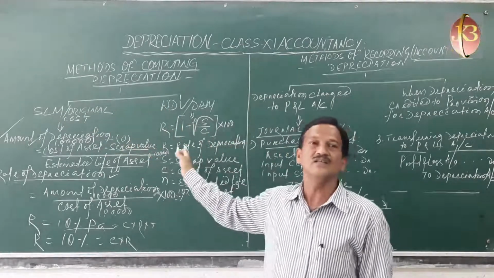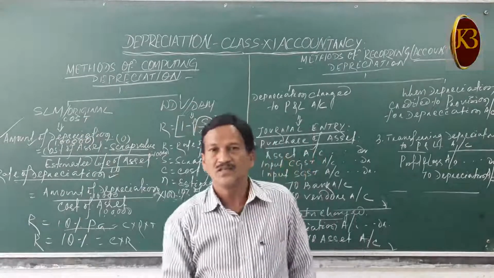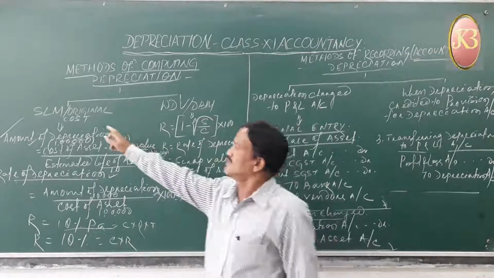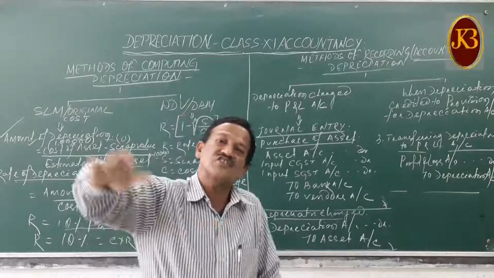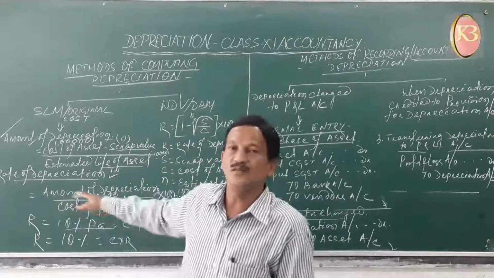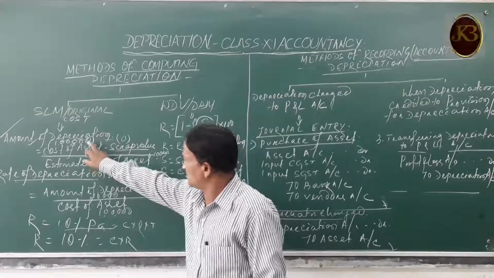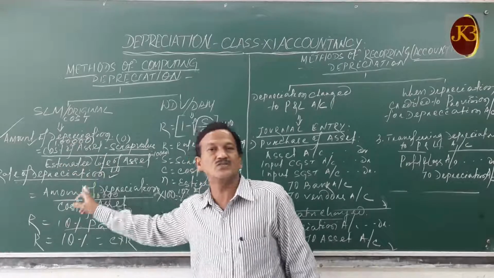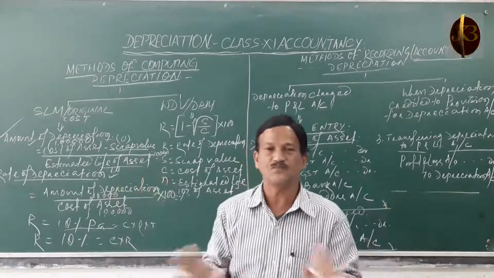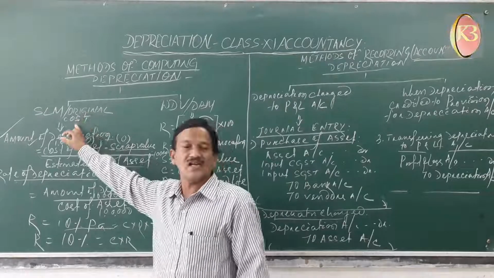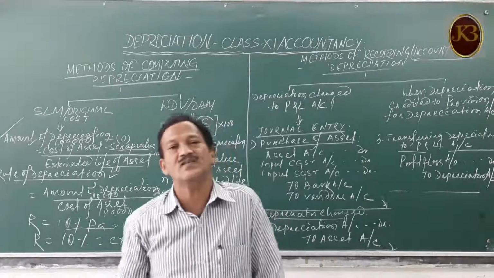Which method are you using? Straight line method or written down value method? Straight line method. Why is this called the straight line method? Because the amount of depreciation will remain the same for the number of years you use the asset. If, for example, you use this machinery of 1 lakh rupees for 10 years, every year the amount of depreciation will remain the same. That's why it is called the straight line method, or the fixed installment method, or the fixed percentage method,